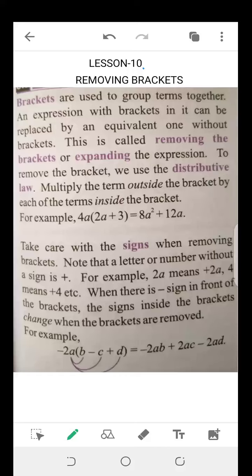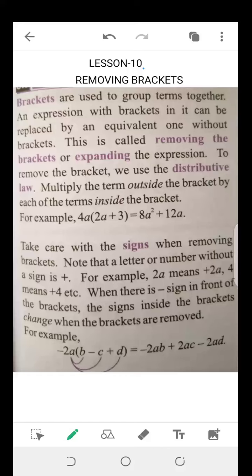Okay, so today we are on lesson 10 and we're talking about removing of brackets. And all that you need to know about this topic is very important. Some of the questions involve brackets, and if you don't have the idea, the knowledge about removing the brackets, it